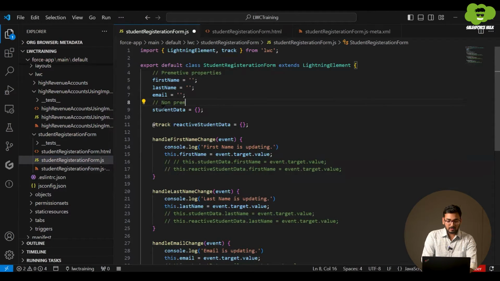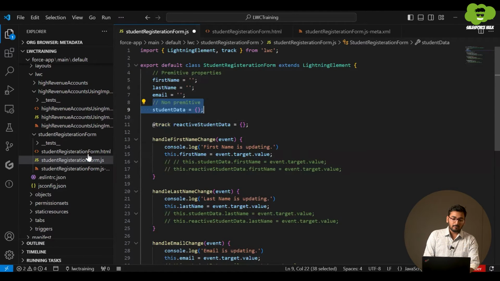Why am I calling it non-primitive? Because this property is going to store an object. An object further stores different key value pairs, right? So it has inner data, inner values, and some level of depth.